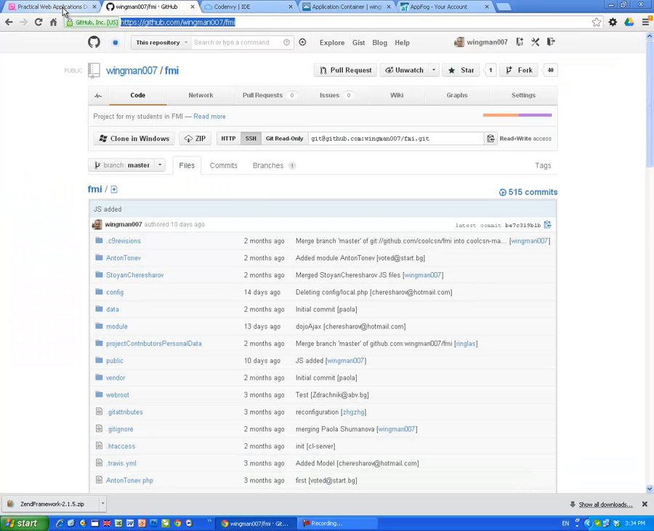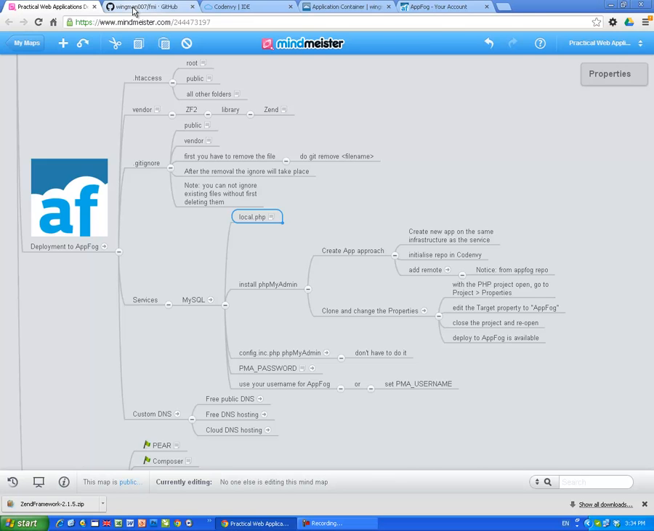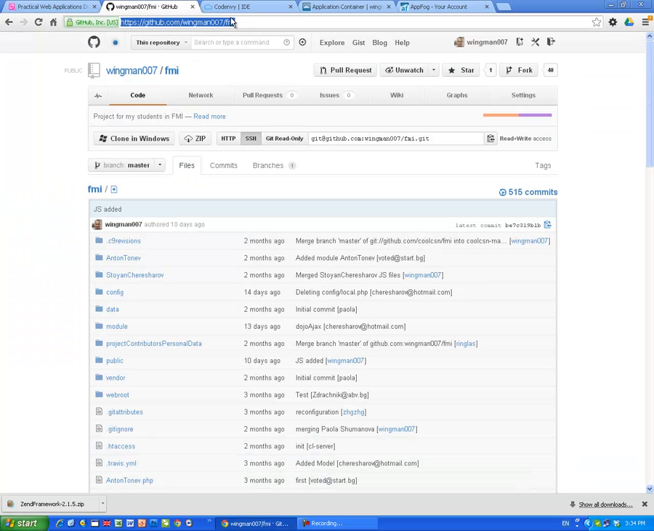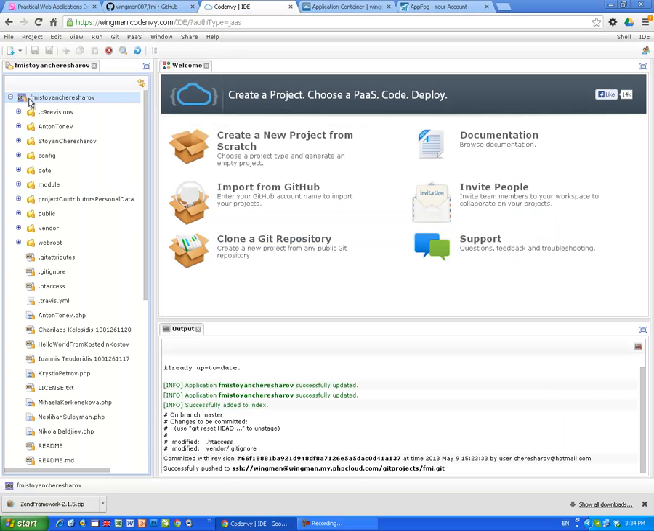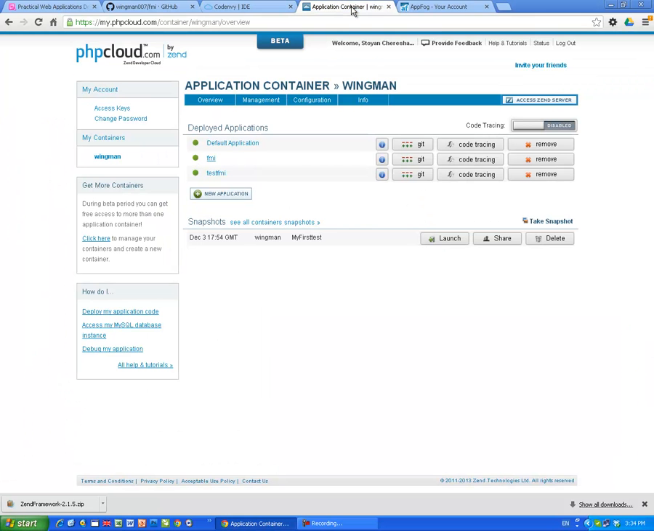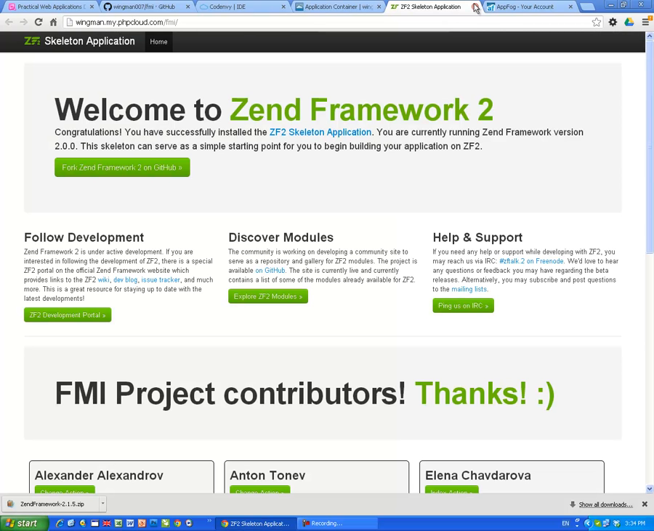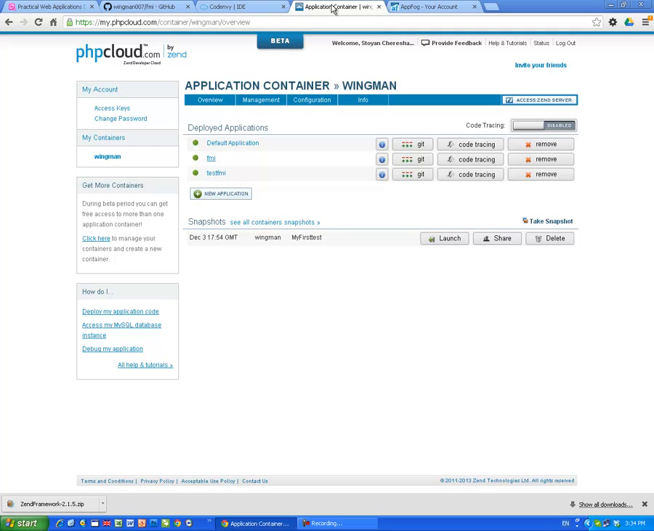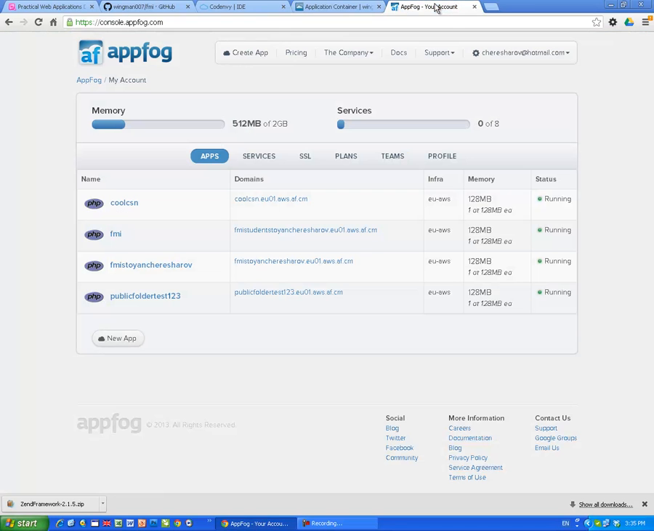Again, I still have the ingredients open. This is the mind map, GitHub, where my project is. This is Codenvy, our IDE. This is PHP Cloud, which I was supposed to use as a development server, but it turned out to be only a kickstart server, which I'm using just to create the Zend Framework 2 application easily and download it in Codenvy. And AppFog, which should play the role of my deployment server,